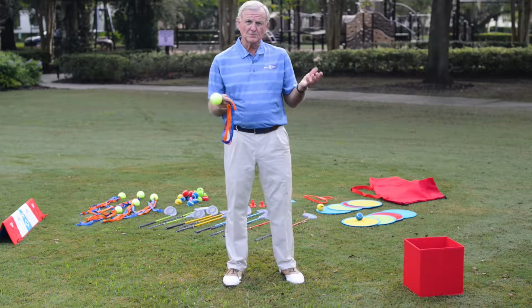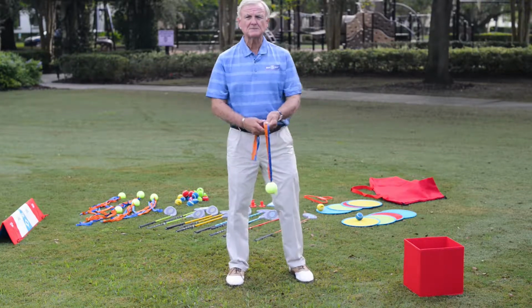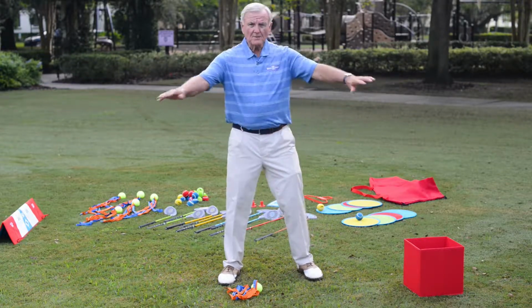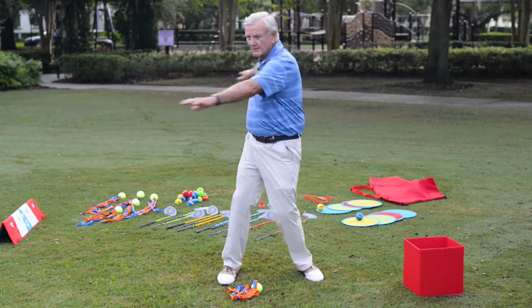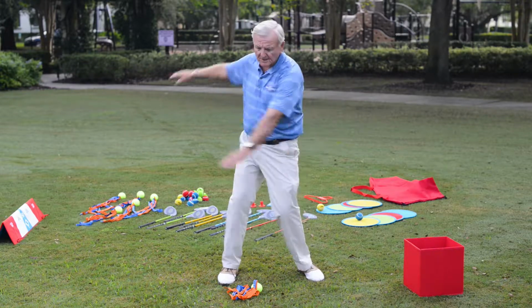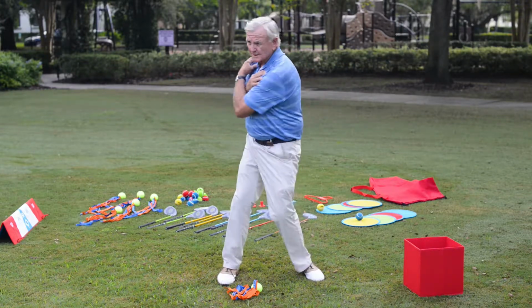Now here's what you do with the kids when they start out. Start them out about halfway up here. Have them stand up nice and straight. And we're going to start with a helicopter drill, just kind of swinging the arms around like a helicopter blade around their spine. And then they tilt down lower and lower. And this is the feeling that we want them to have, like this is the motor of the swing, the circular inner